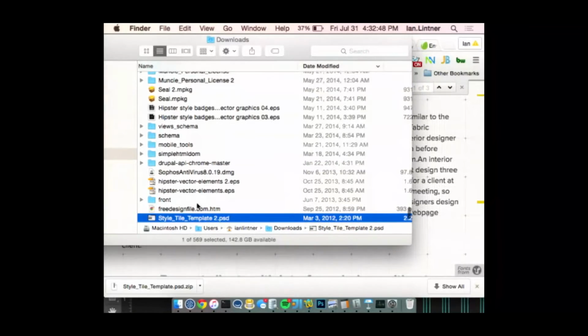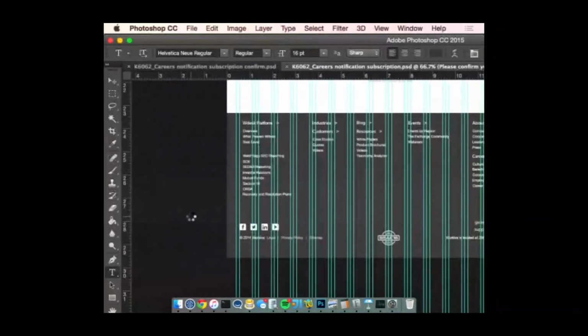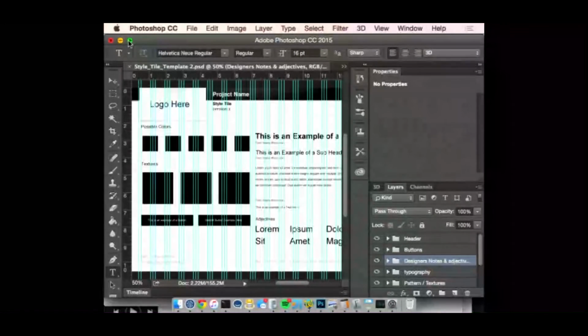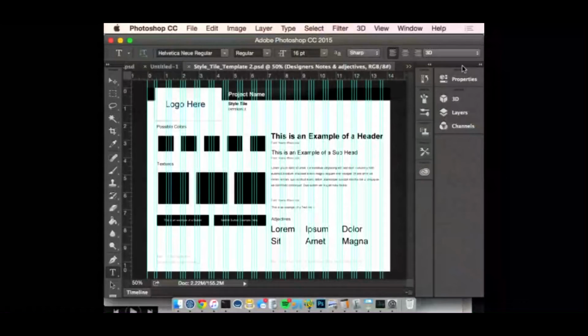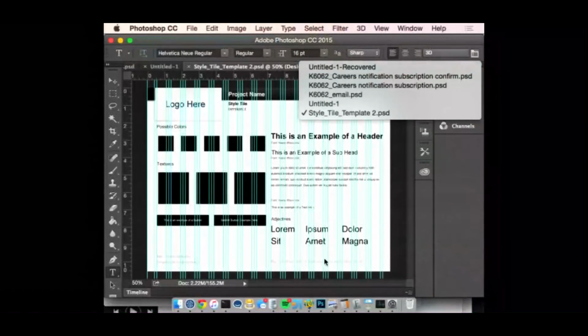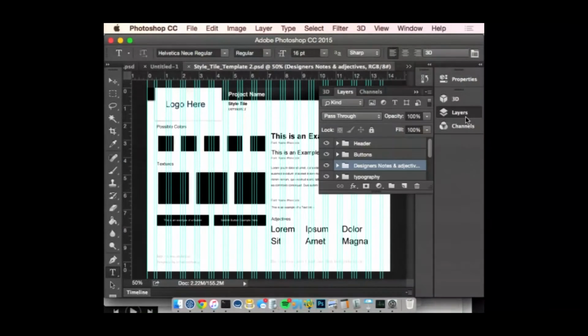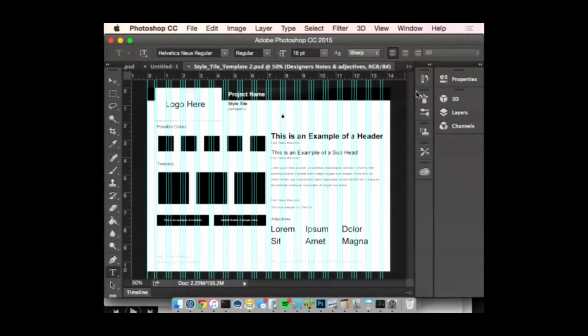Okay. There we go. So this kind of gives you, oh, I know what's going on. It's because my screen size changed. There we go. So there we go. So where's my layers? Okay. So let's hide this. So